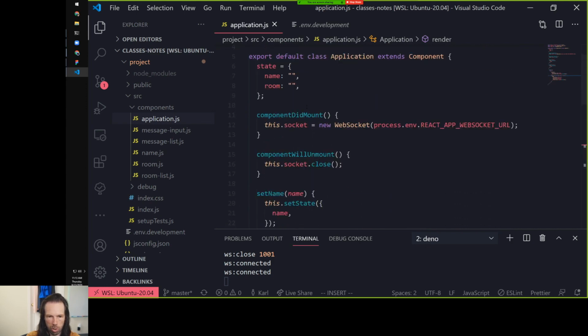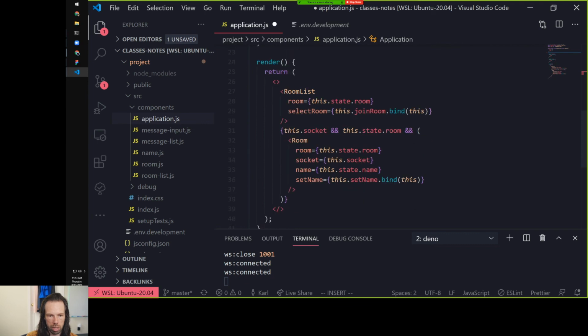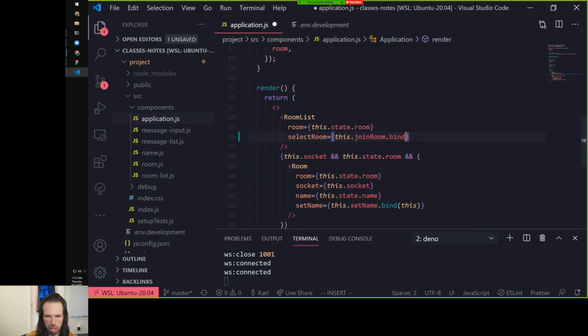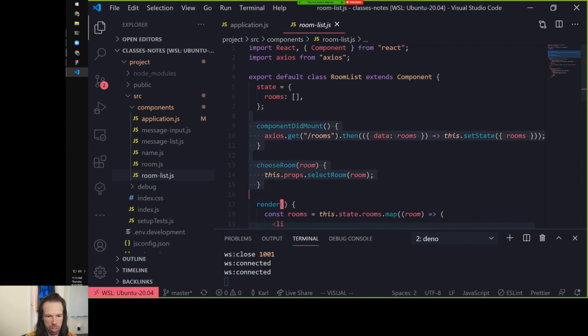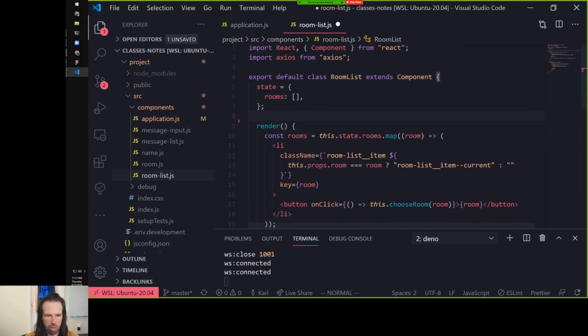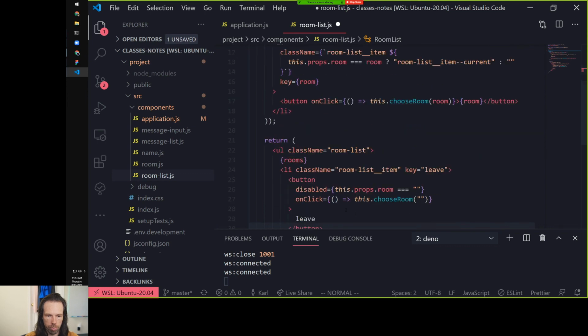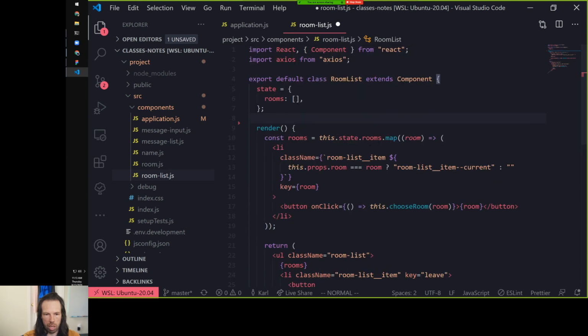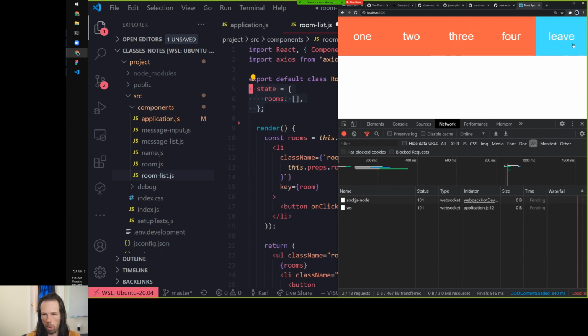So, what are we doing? With this component, that's not that interesting actually. I think the more interesting one might be this room list. So this room list has the state of all the rooms that we have available to us. That's what we're showing at the top here. And we also show a button called leave, so that if we are in a room,